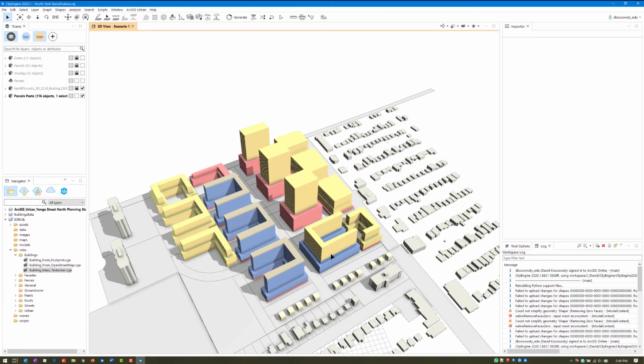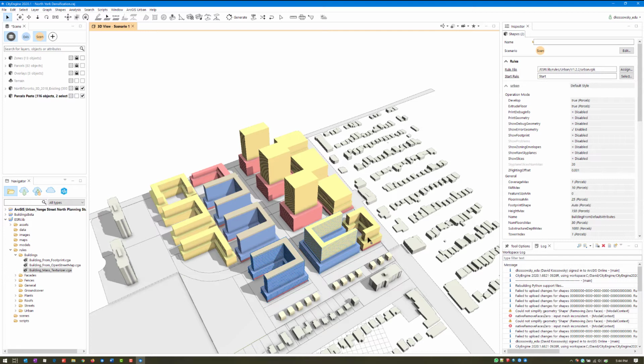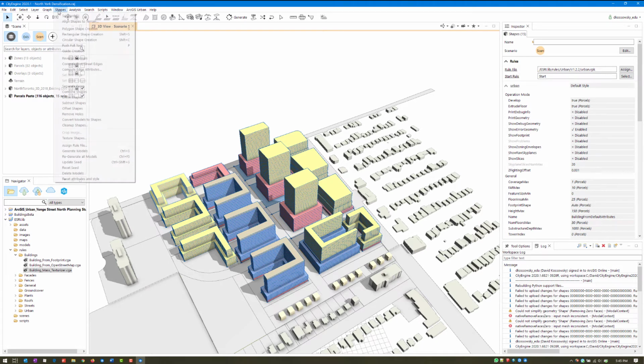So if I select all of my buildings here, what I need to do is to convert them into static models. And what this is going to do is remove the ArcGIS Urban parameters from the model, which doesn't sound like it's a great idea, but what it allows us to do is add more complex textures and forms to the building. So I've selected all of the buildings here, and I'm going to choose shapes,